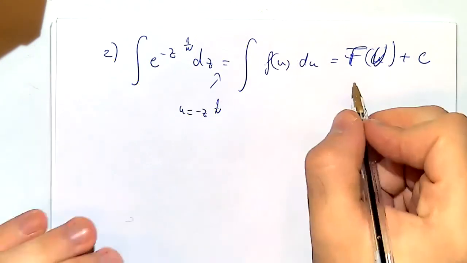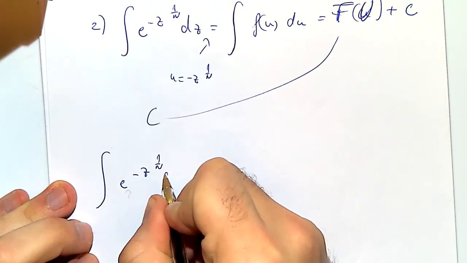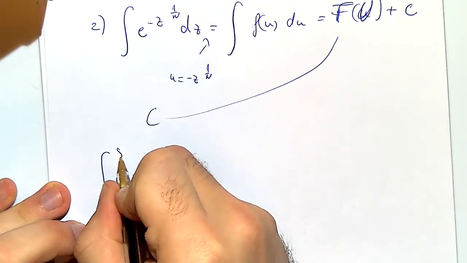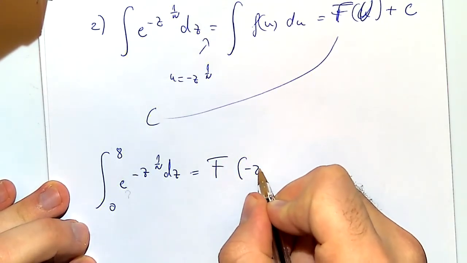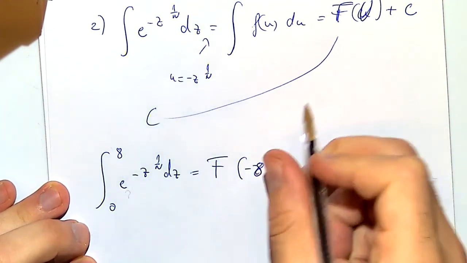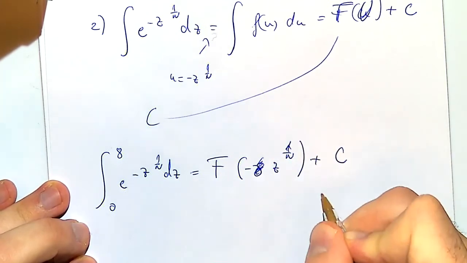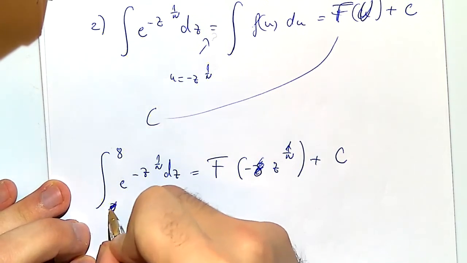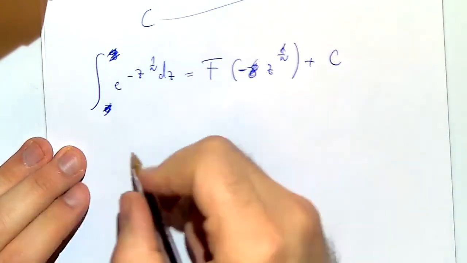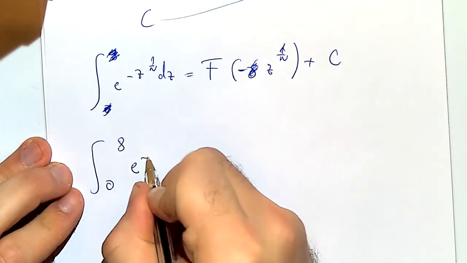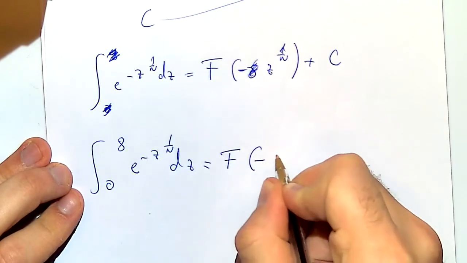And once you do this, now you go all the way back and you say, okay, so the integral of e to the minus z to the 1 over n dz is F of minus z to the 1 over n plus a constant. I mean, without the limits of integration first, let's say this is the primitive. So if this is the primitive, then I can write the integral from 0 to 8 of e to the minus z to the 1 over n dz is equal to F of minus, and now you replace